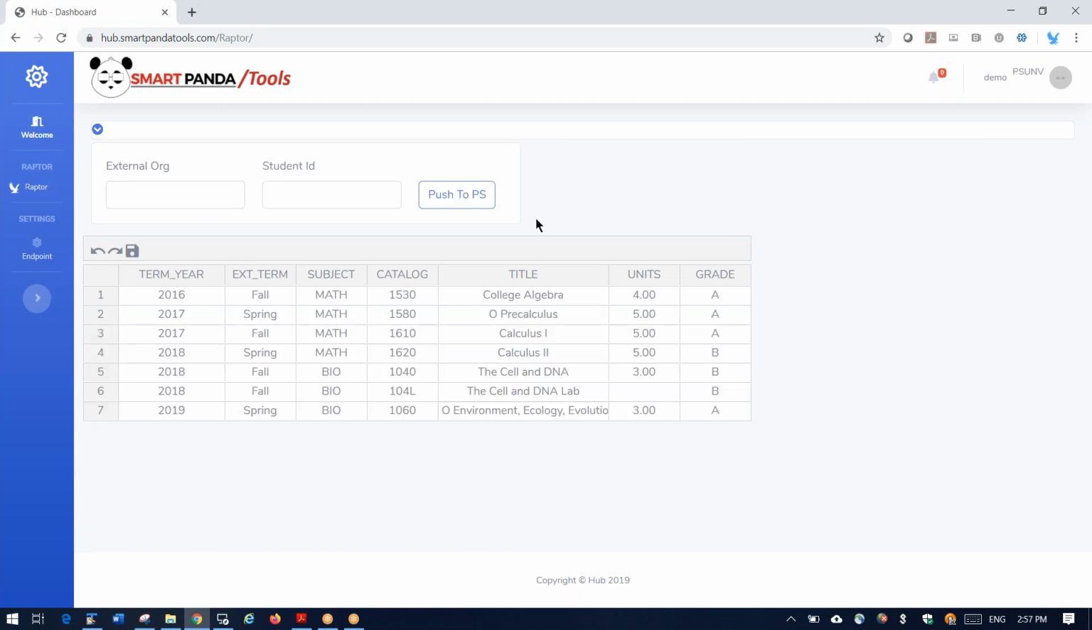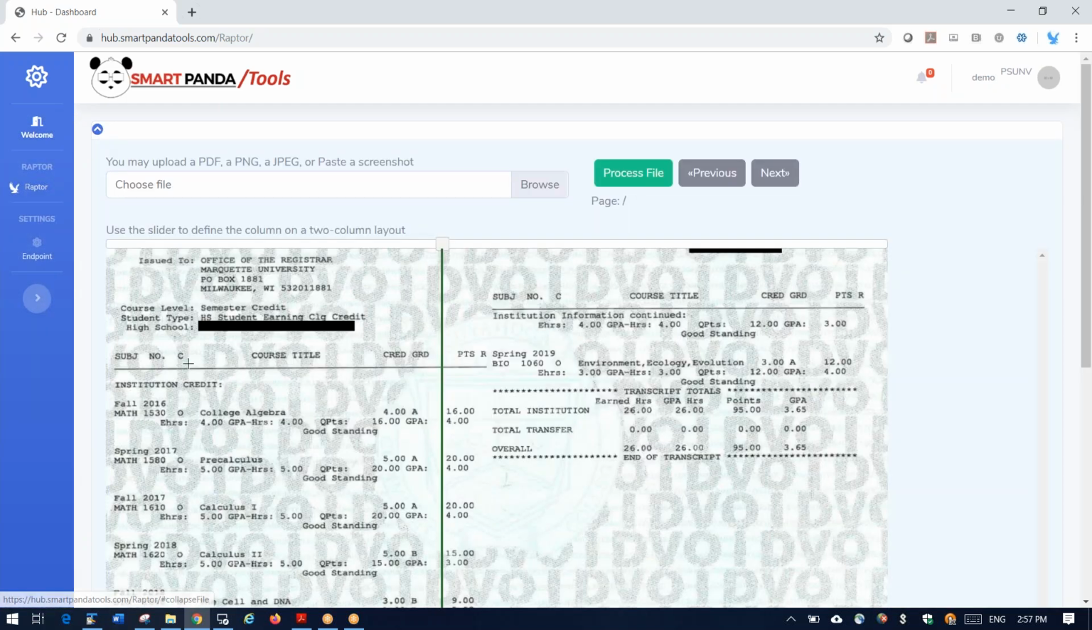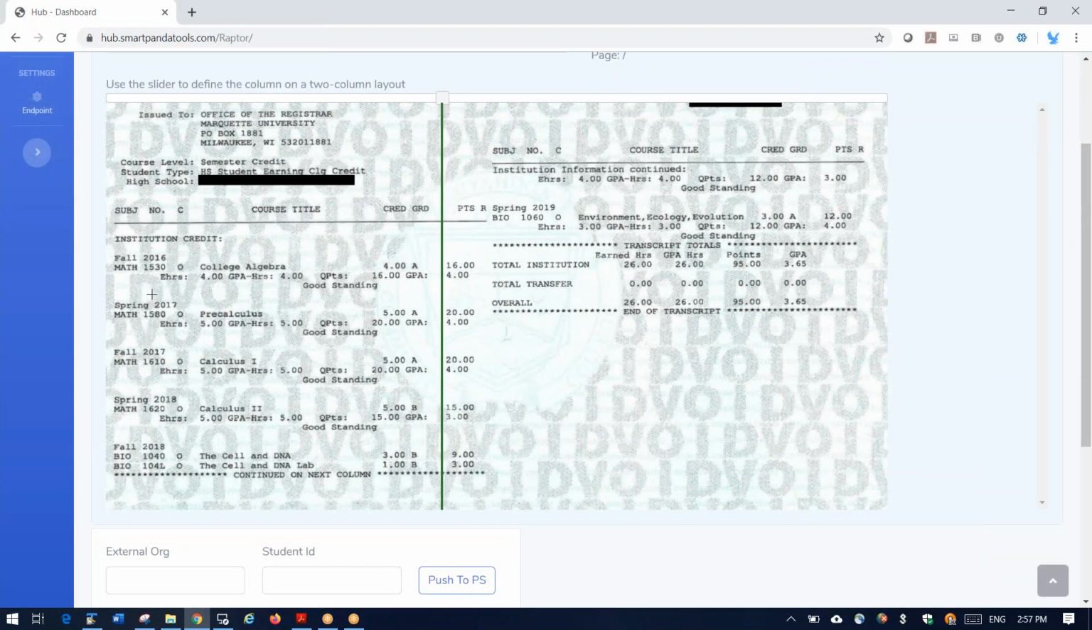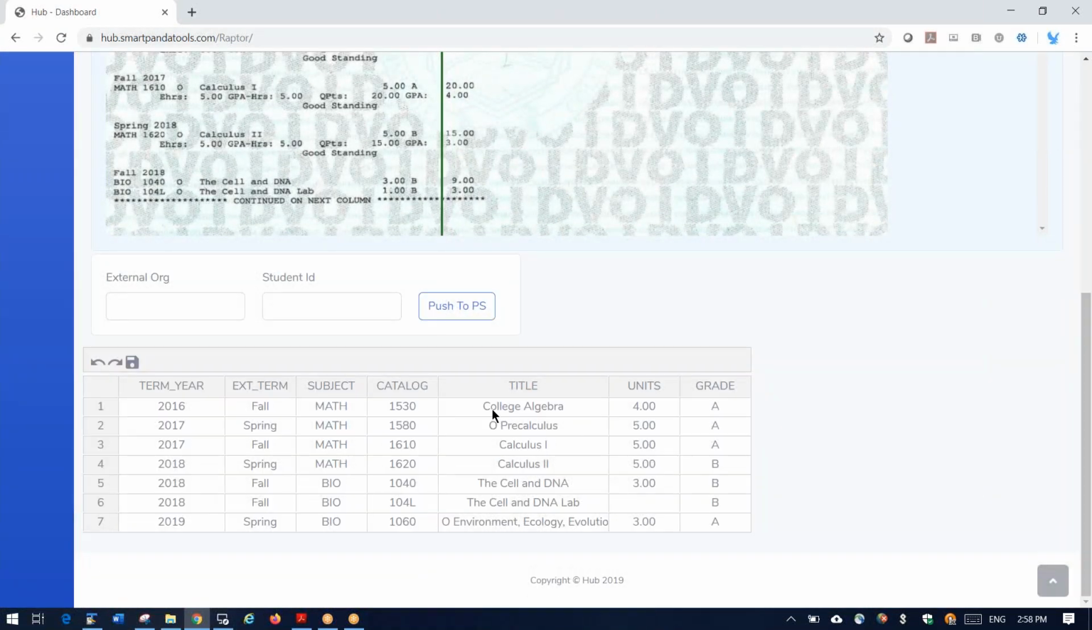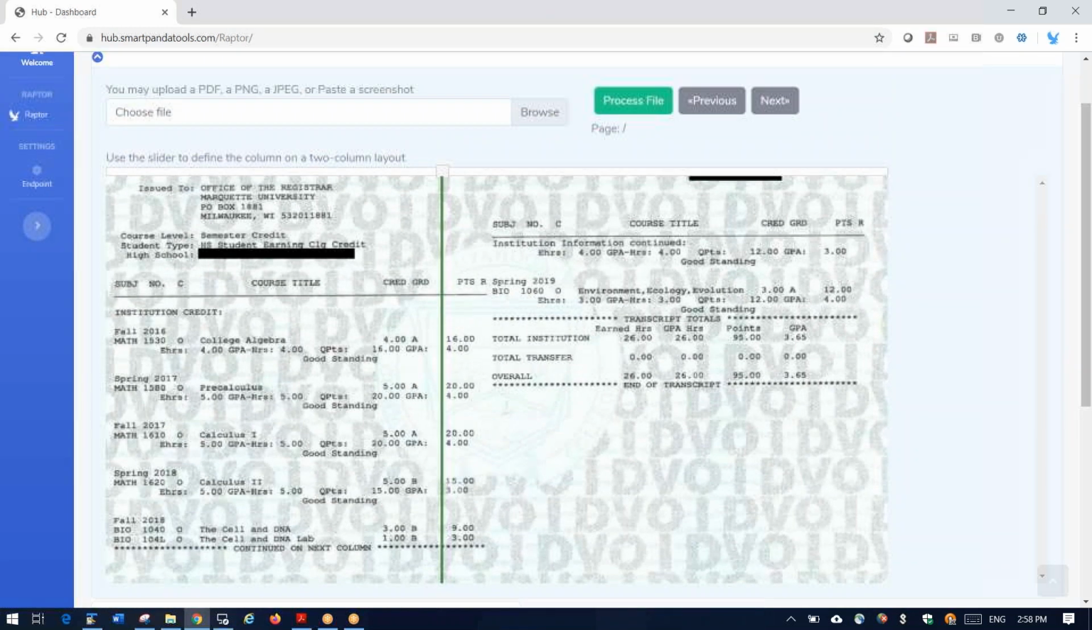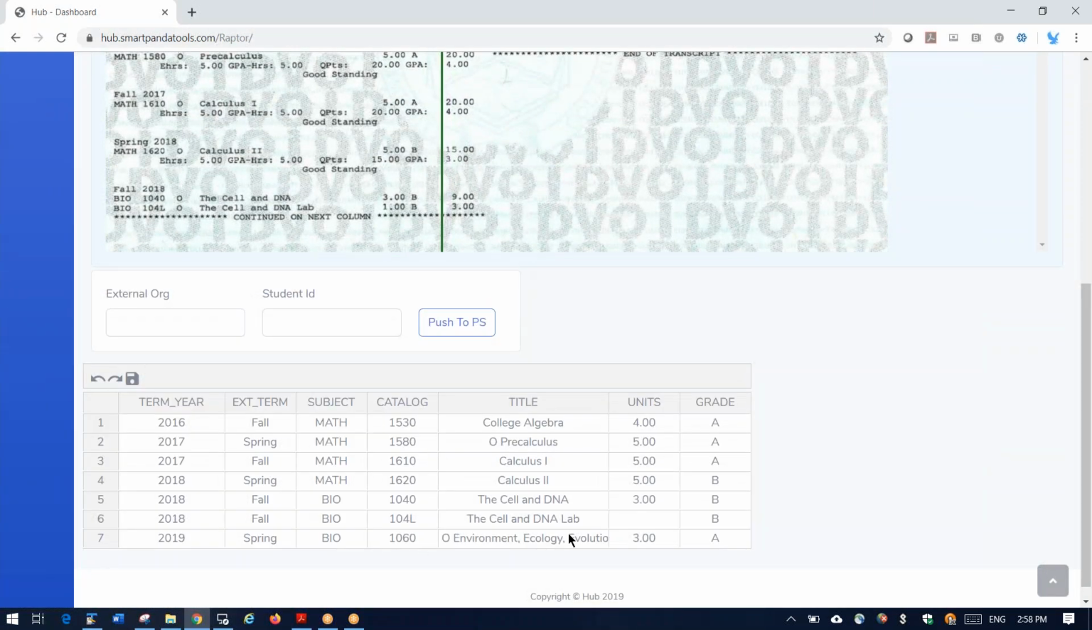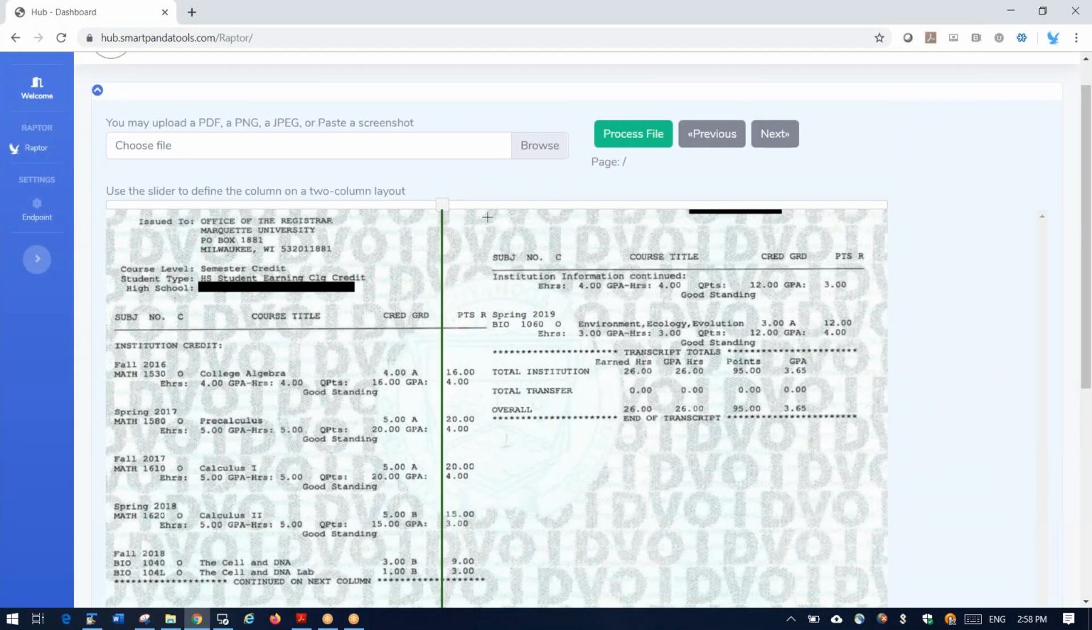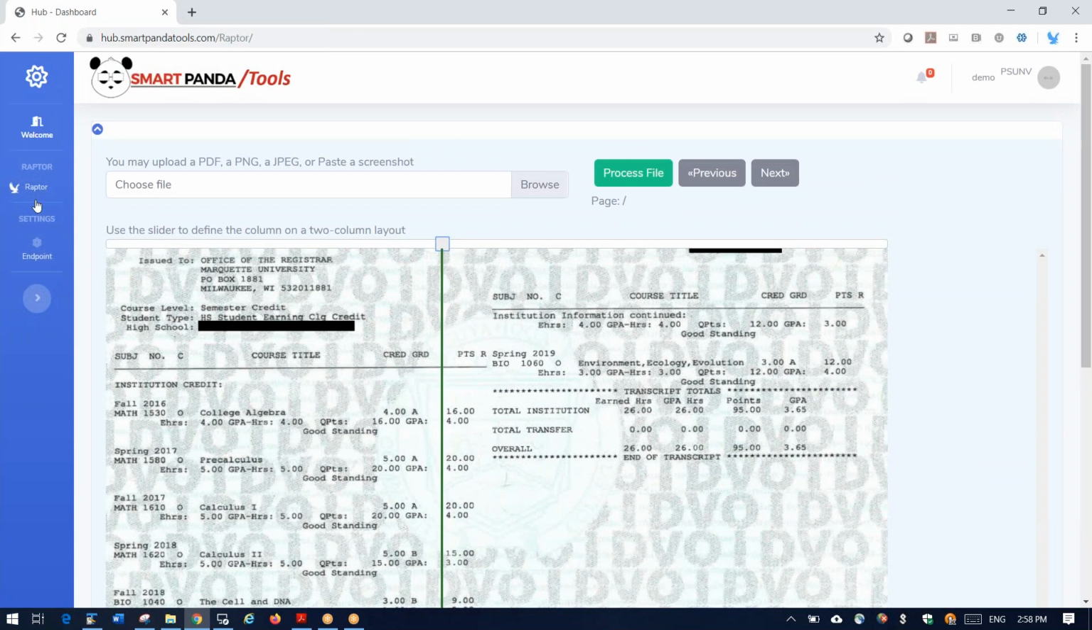And you're going to see Raptor has, so here's my transcript. We have fall. We have math through biology on the left-hand column. So there's my math and biology. And then from the right-hand column, you can see we picked up the bio 1060 here at the bottom. So we picked up all the coursework from the first column and then from the second column. But as I mentioned, when you're dealing with multiple columns, use a slider to, let's look at another 2 column